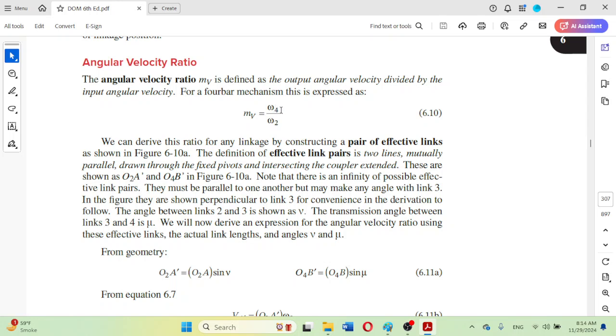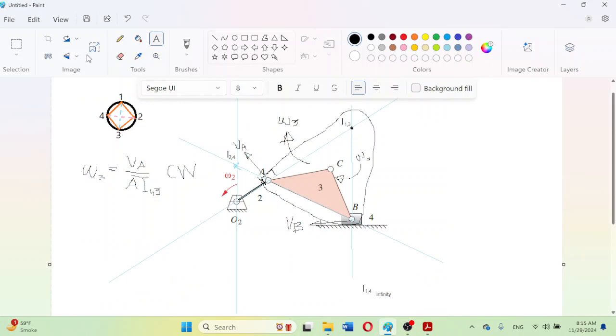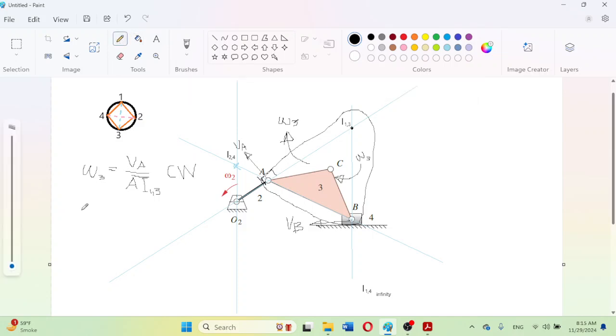In this case, if for example we want to determine this omega 4 at this stage, I can write it here for clarity purposes, that omega 4 will be equal to